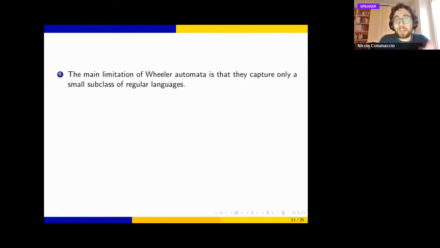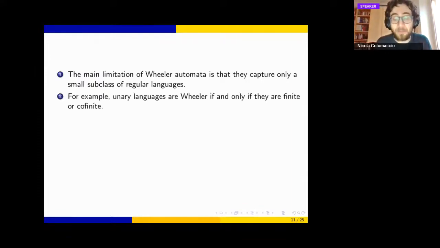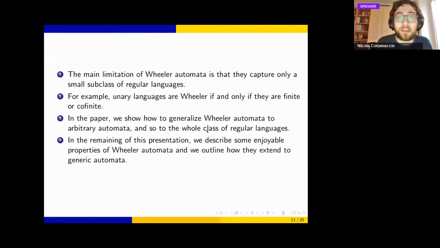Unfortunately, if I just keep to the standard definition of Wheeler automata that I've just given, this is impossible. If I consider the language interpretation of Wheeler graphs, that is the expressive power, then I can see that if an automaton is Wheeler, by using only Wheeler automata I'm able to capture only a very small subclass of regular languages. So, for example, if I consider unary languages, I mean languages whose alphabet consists of just one letter, then it is easy to see that such a language is Wheeler if and only if it is either finite